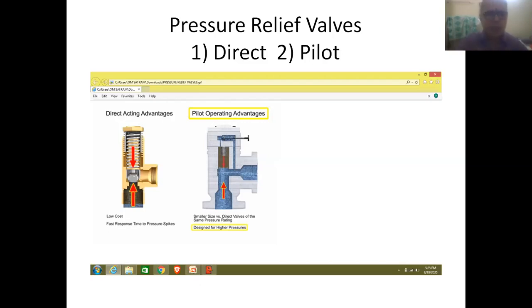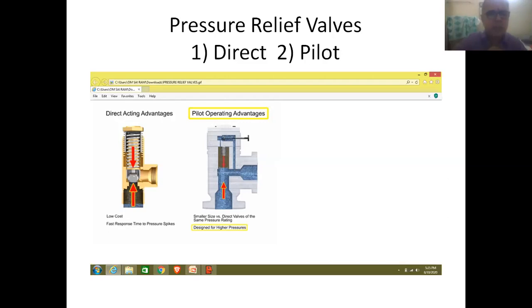So friends, here this valve is divided into two portions. The bottom portion is used for accommodating the relief valve, and the top portion is used for accommodating the pilot valve.